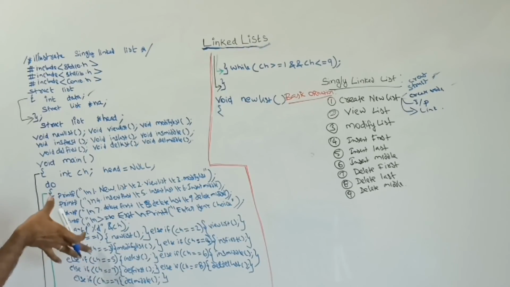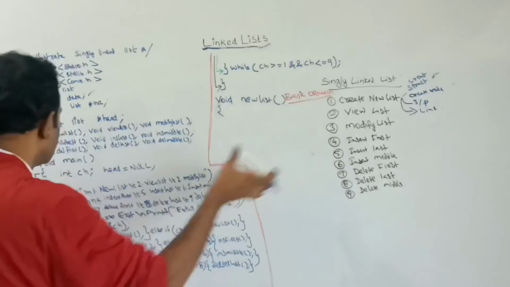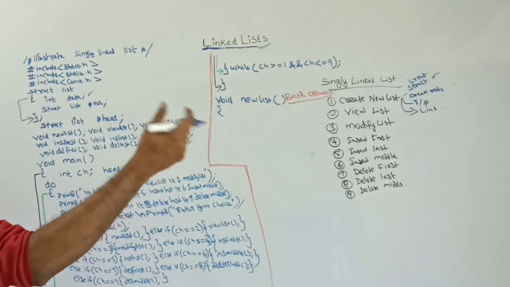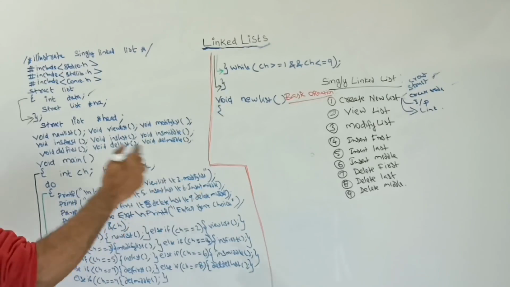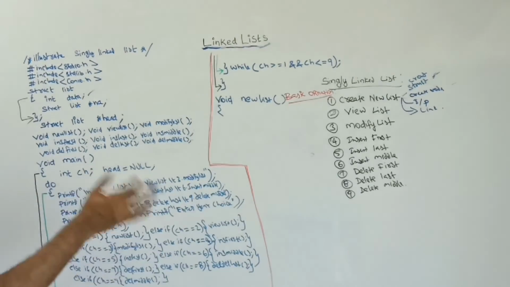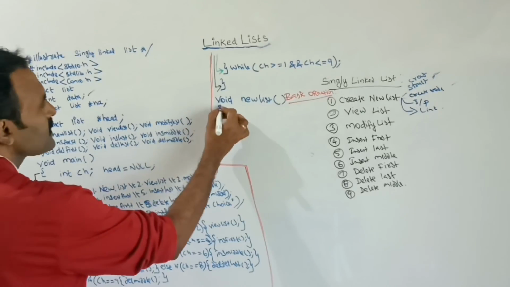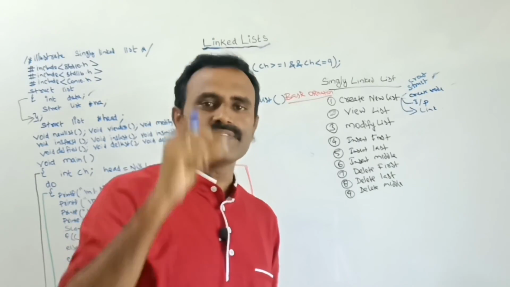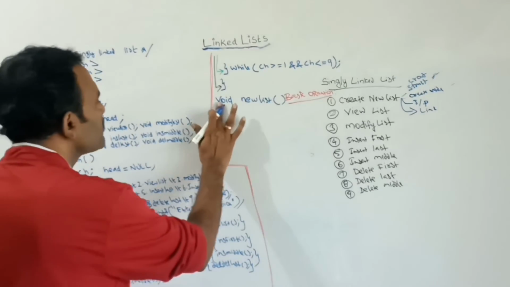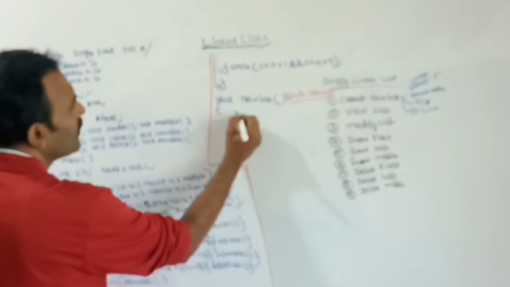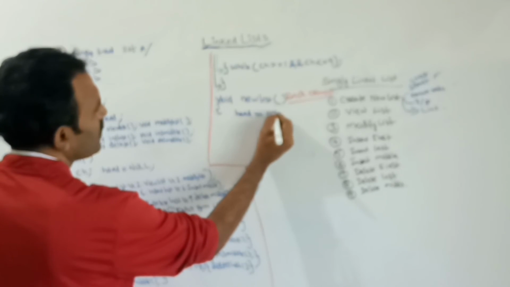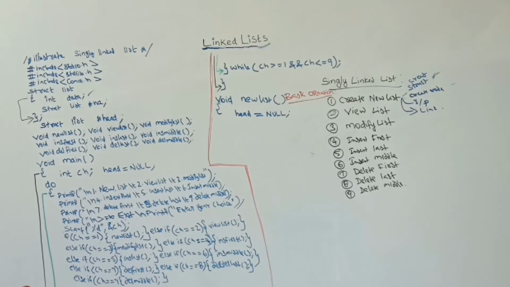We can't write every function inside the main function, we cannot dump it all in main. So by using a user defined function, I am creating the function outside of the main function. Next, whenever we need it, I call it from the main function. Whenever we are creating a new list, it should start from the very first position. So here I am using this head pointer variable, a structure pointer variable, and giving it as null, because from the null value only the new list will be started.